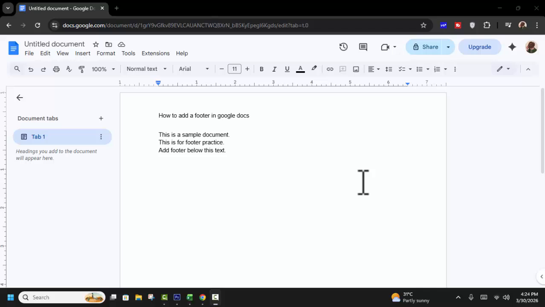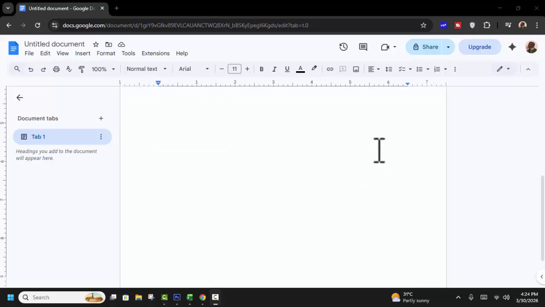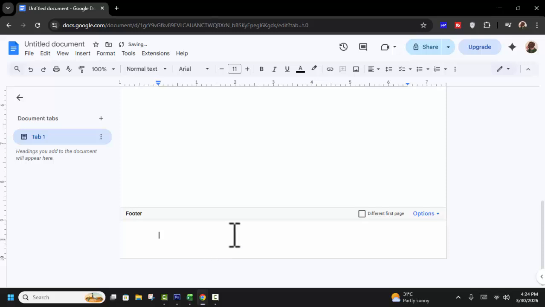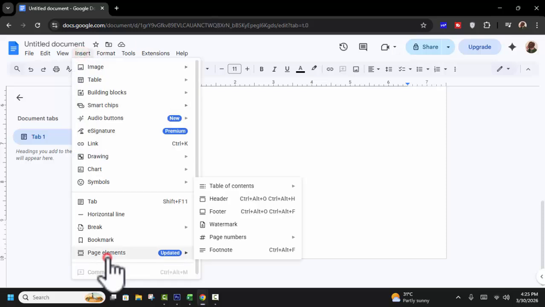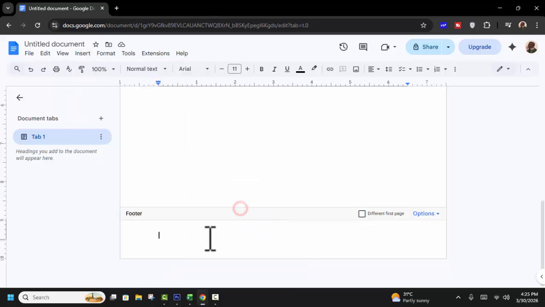So let's begin. First open your document, then scroll down manually on your document, then double click on your footer, type page number or date or document name, and use automatically: go to Insert tab, Page elements, Footer,